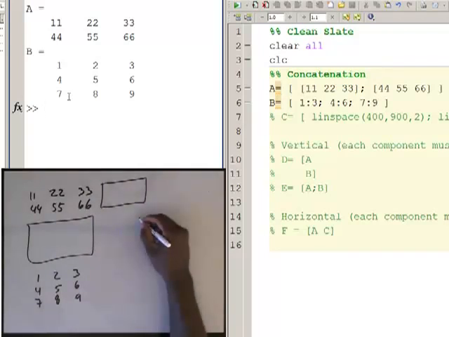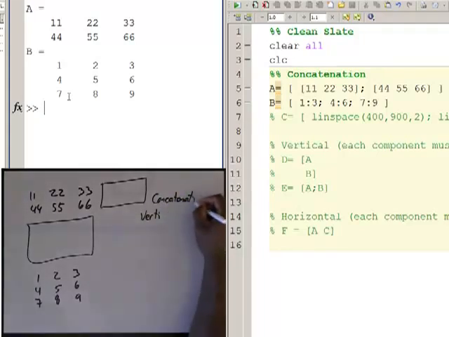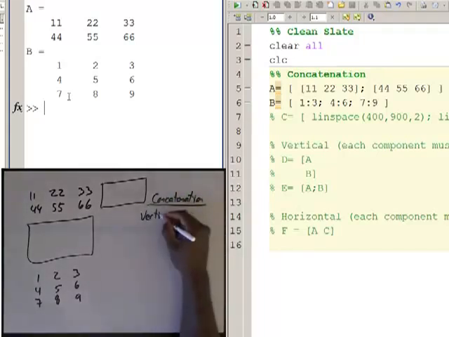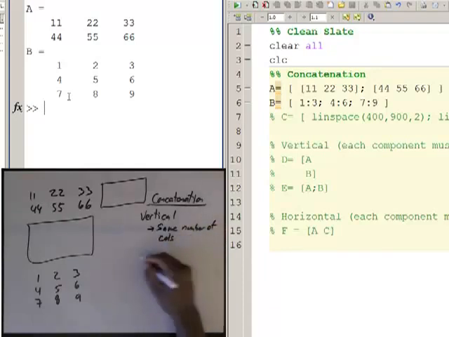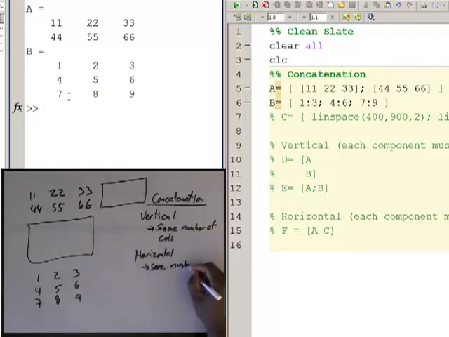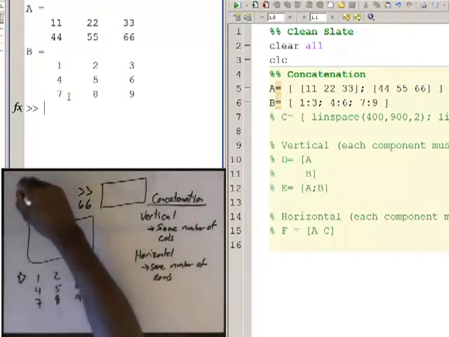So if you do vertical concatenation, if you're going to go vertical, then you have to have the same number of columns. And if you're going to go horizontal, you have to have the same number of rows. So you see right now that this particular array, which is B, and this is A,